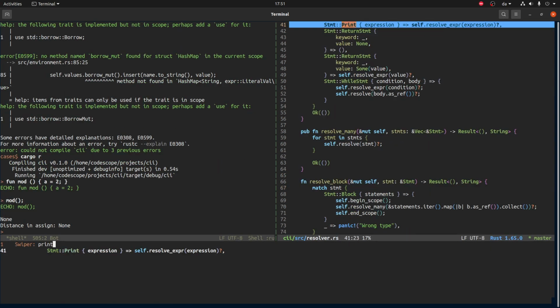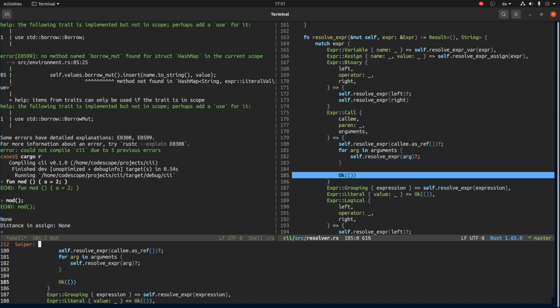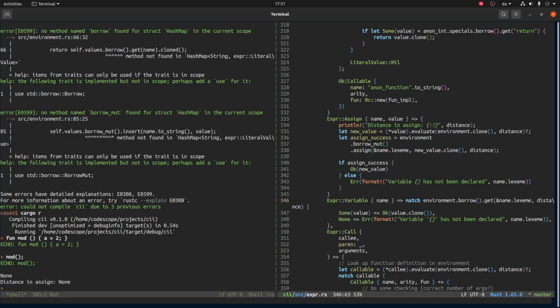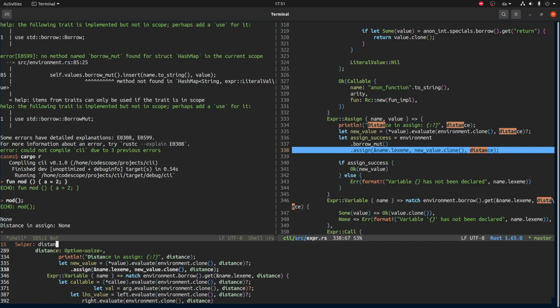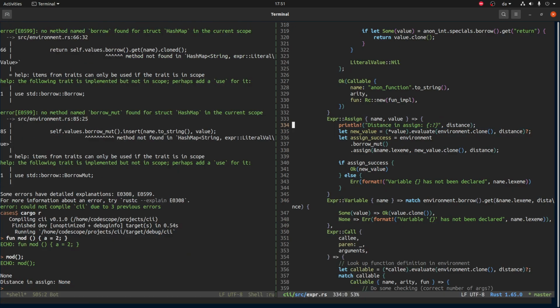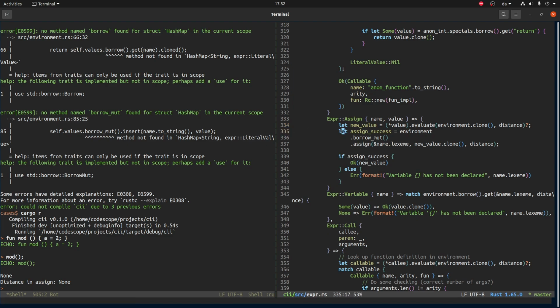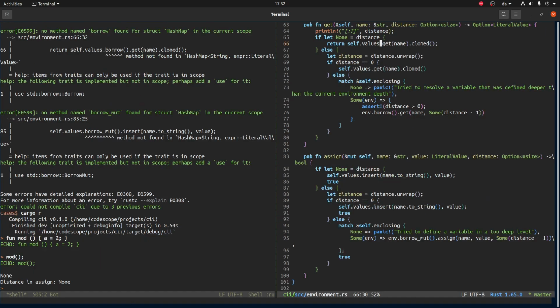Distance, no, print. Okay, so assign success. It tries to call assign and assign